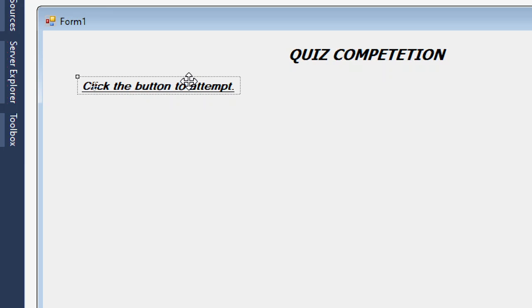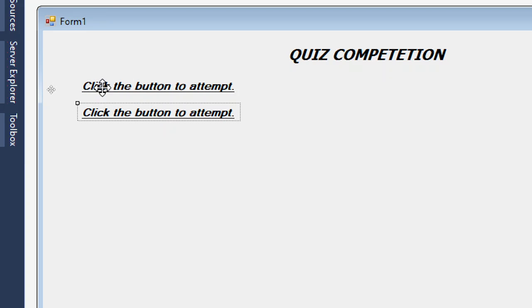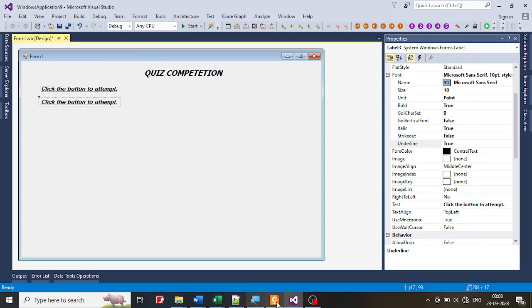I'm pressing the CTRL button down, hold the control, click on this and drag it down. Leave the mouse button first and then the control button, so you get the replica of it. And all the settings that you have done, the bold, italic, all those things are there by default. Now you have to only change the